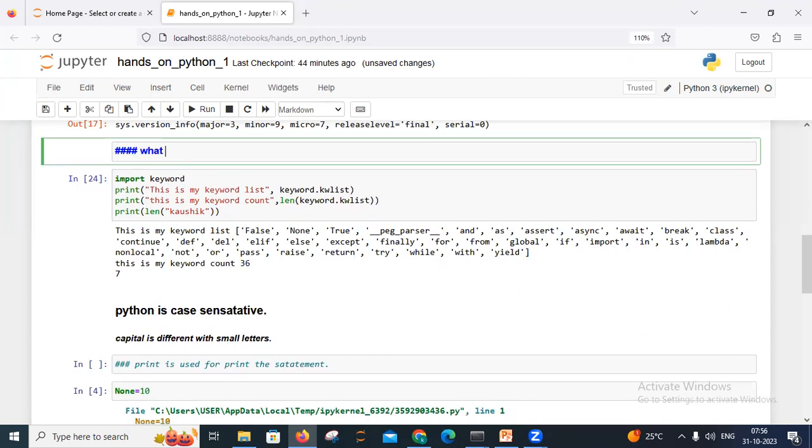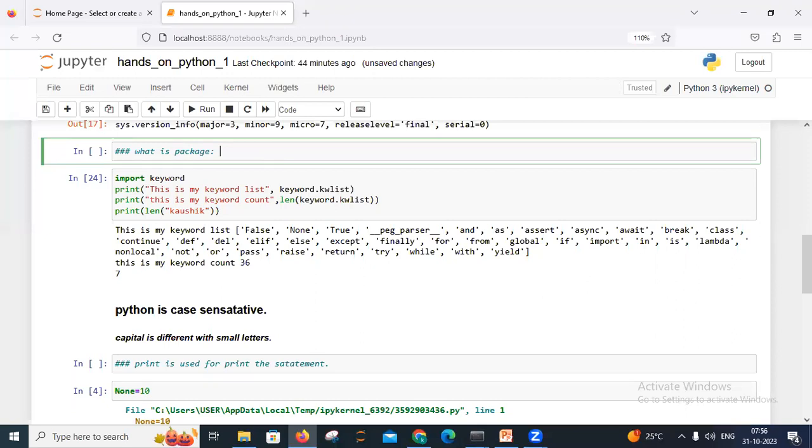What is a package? I'm just adding it in the code. So you can see that it is a box. What are packages and libraries? Better, we can see it is a box, and assume that it is a box or wrapper,